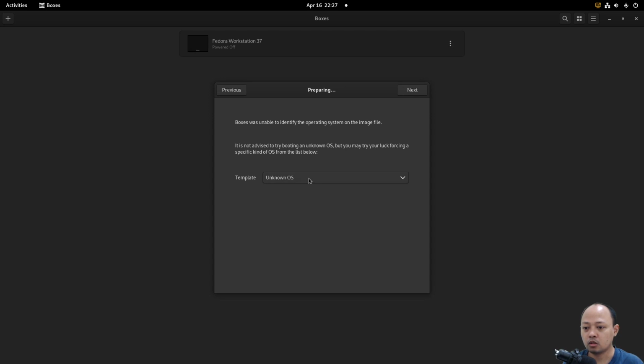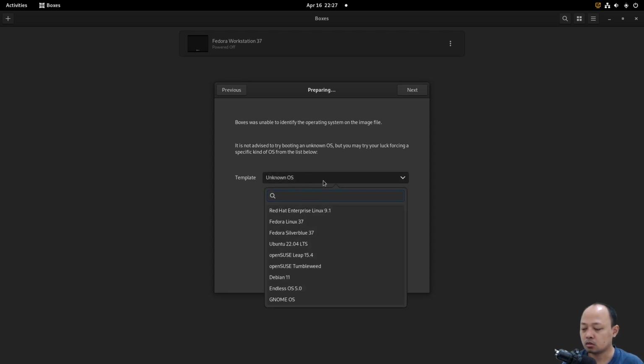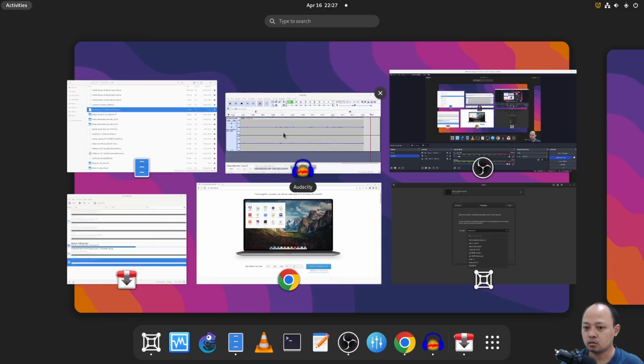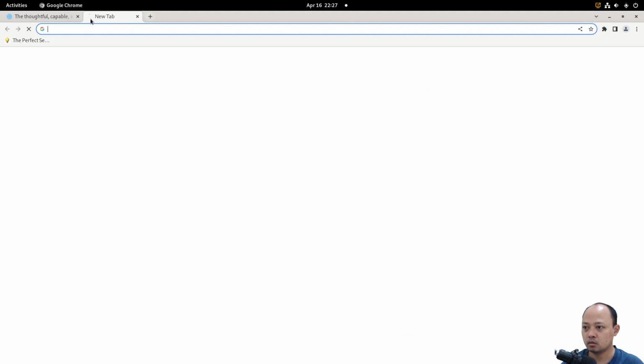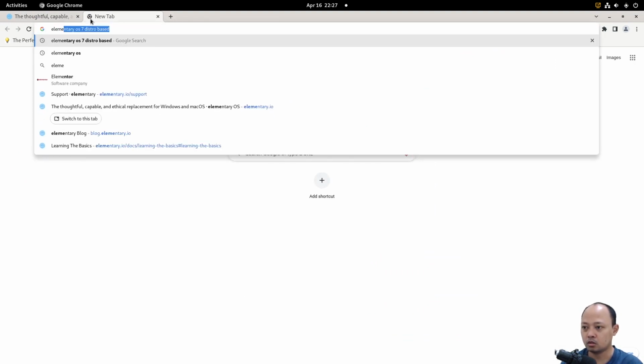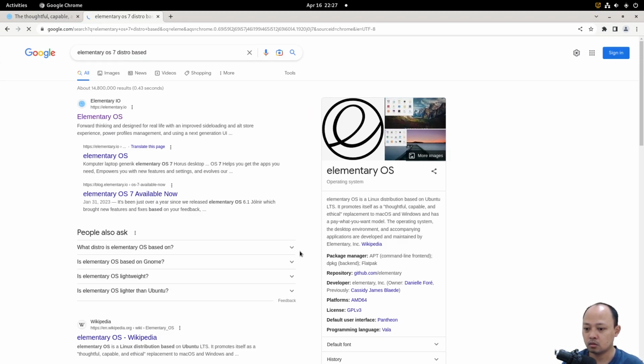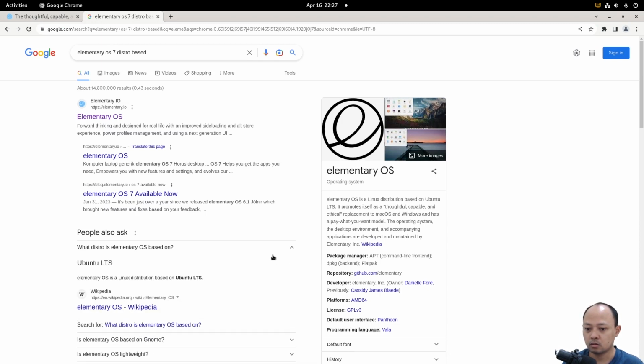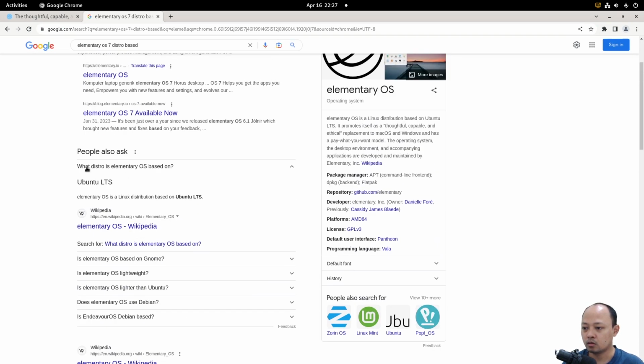And for the template, because according to the Google, Elementary OS distro based. As we can read this, what distro is Elementary OS based on? It says that Elementary OS is a Linux distribution based on Ubuntu LTS.